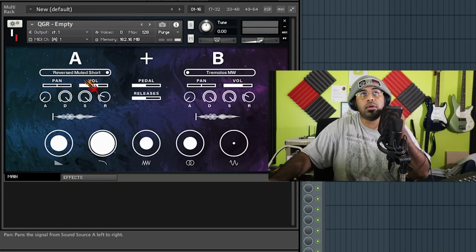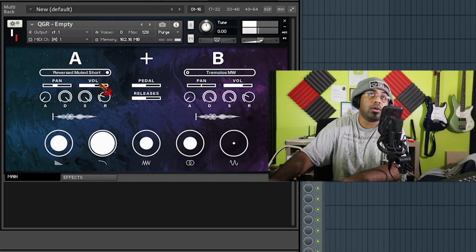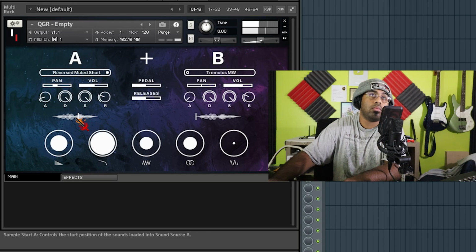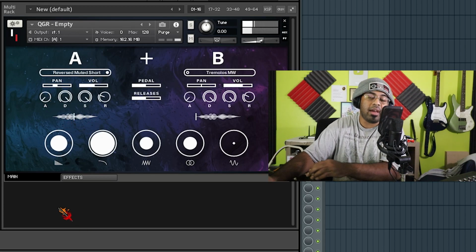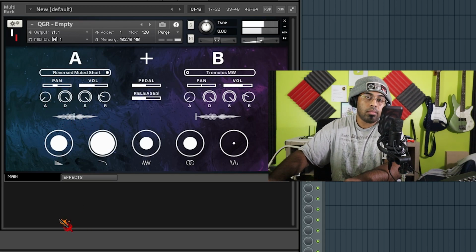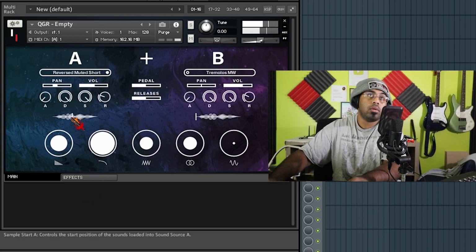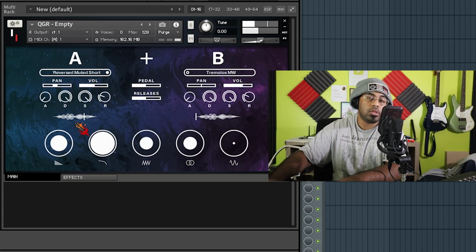Next up, we have the regular, the pan, the volume, ADSR, which is pretty useful, especially when you select right here where you want to start from the sound. Because if we have the A all the way down, the attack, you hear those clicks.